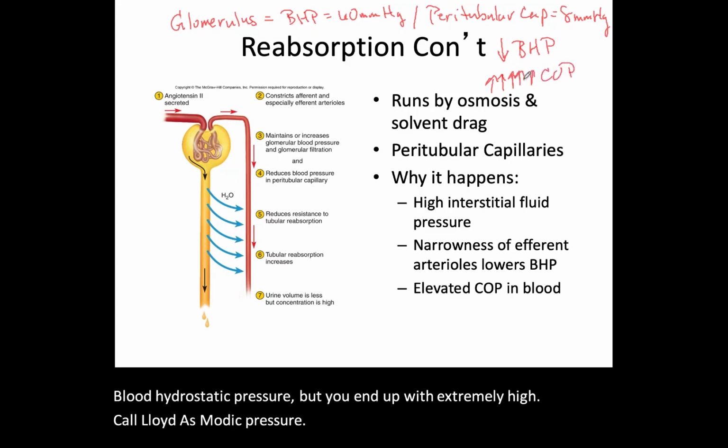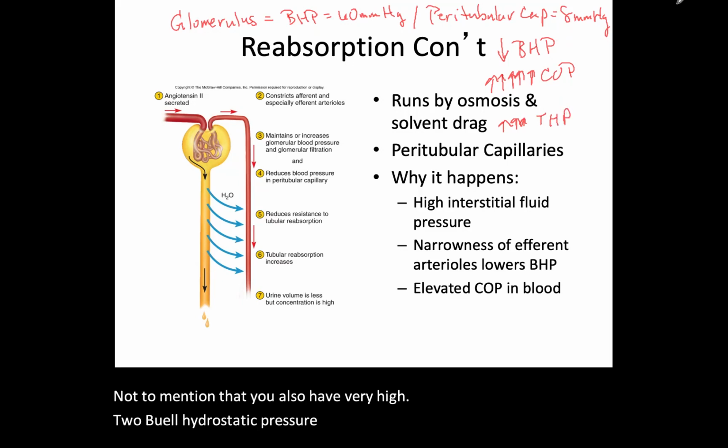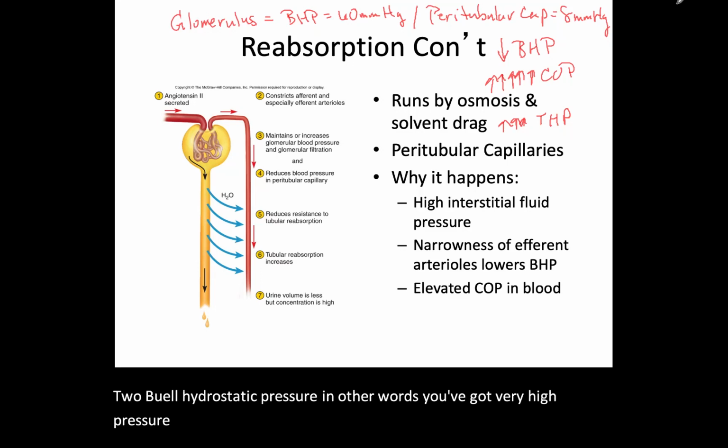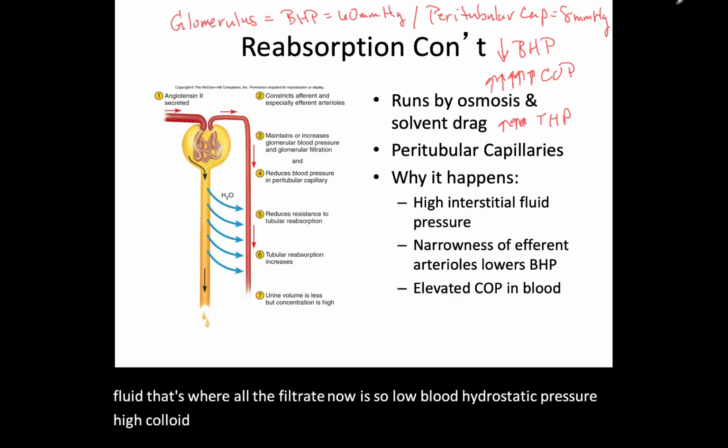All right. Not to mention that you also have very high tubule hydrostatic pressure. In other words, you've got very high pressure in the proximal convoluted tubule, because that's where all of the fluid, that's where all the filtrate now is. So low blood hydrostatic pressure, high colloid osmotic pressure in the peritubule capillary, coupled with very high tubule hydrostatic pressure,